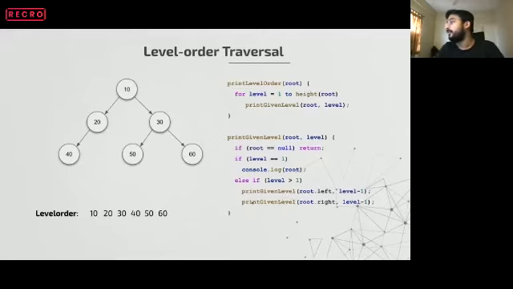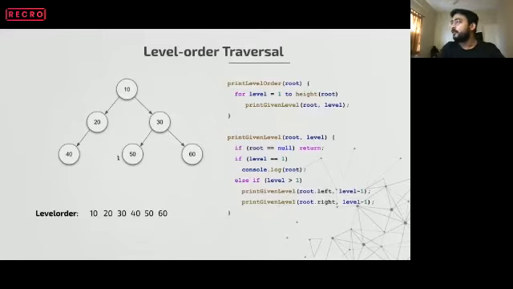When we are passing the right subtree, level started with 3. So we'll pass 30 as the right subtree, and we will pass level as 2. Level is 3, level - 1 becomes 2. So we are recursively calling this function, root becomes 30, level becomes 2, correct? So the first if condition does not satisfy. The second if condition also does not satisfy because our level is 2. Again we see level is greater than 1, right? So again we will recursively call for the left subtree and right subtree, correct? When we are calling this for the left subtree, we are passing root.left with level - 1. So our level was 2, 2 - 1 becomes 1.